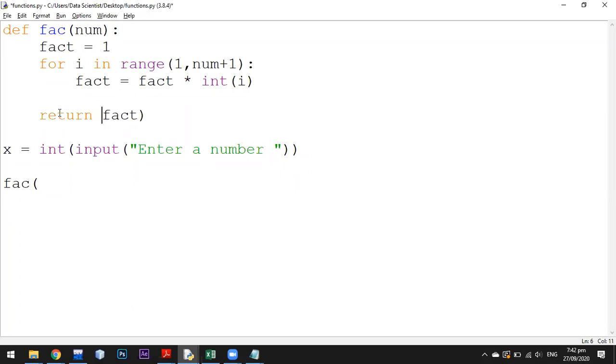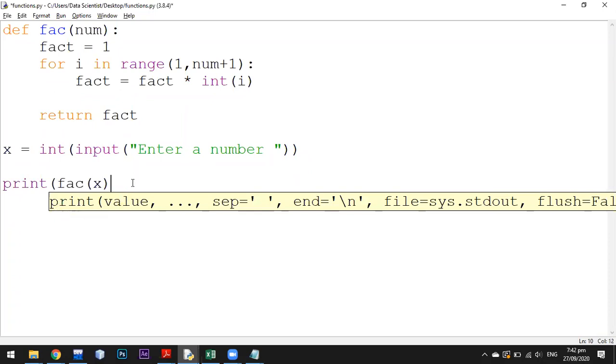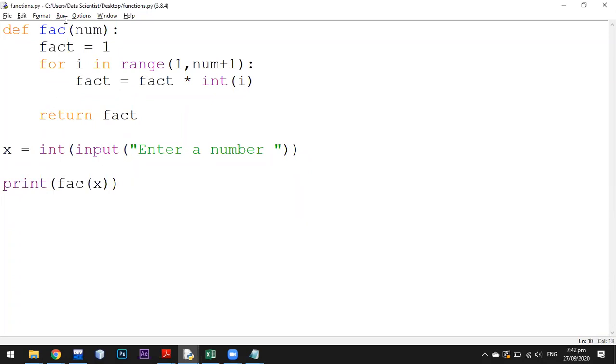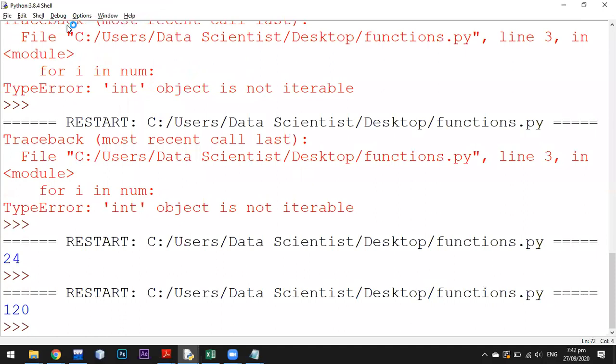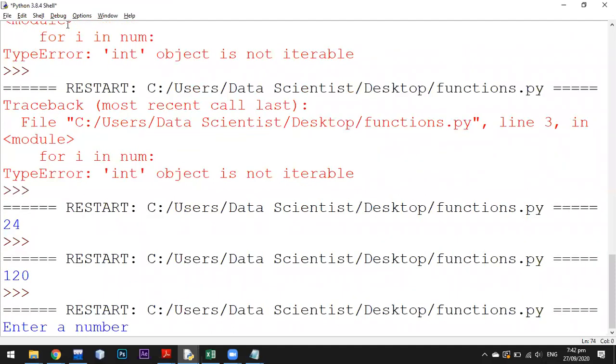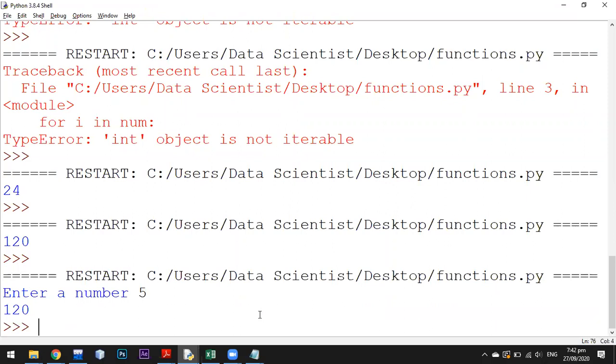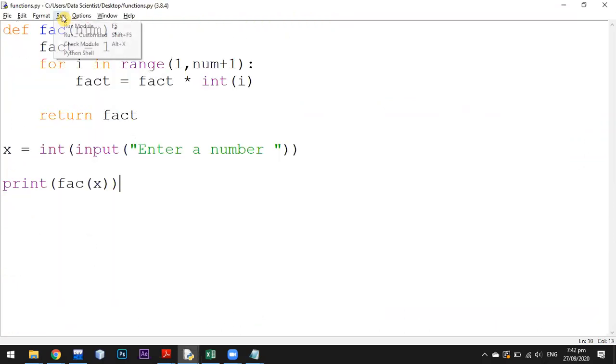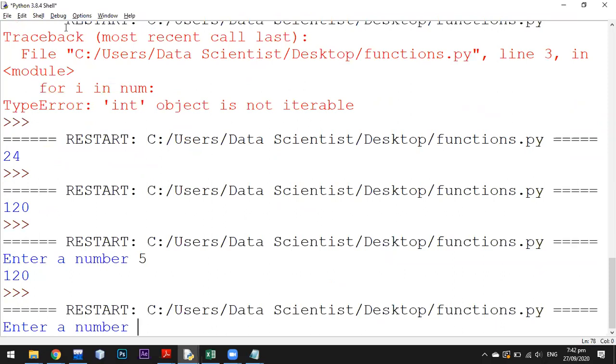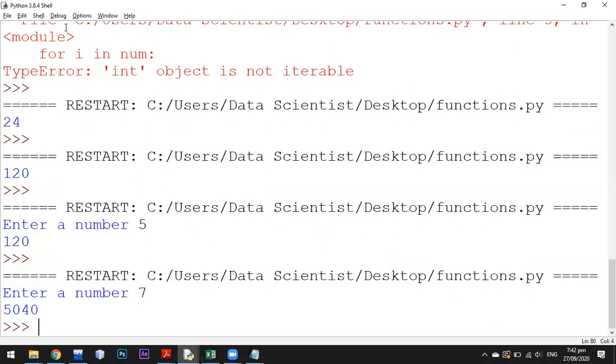Okay, and fact into x, and now I'm gonna print that first. So let's run it. Okay, enter a number 5. It is giving me another value as the answer. Let's run it again. I'm gonna give 7. It's giving me the factorial of 7.